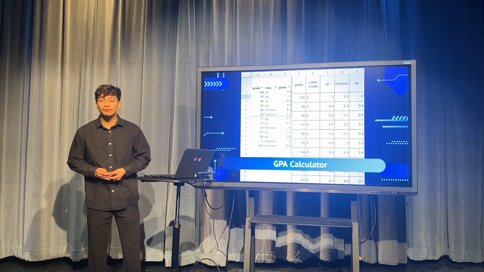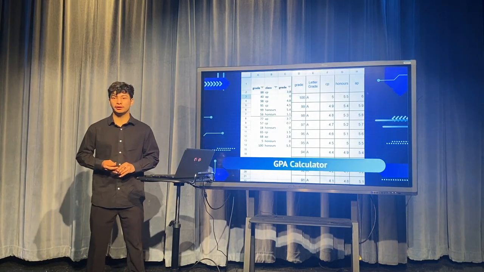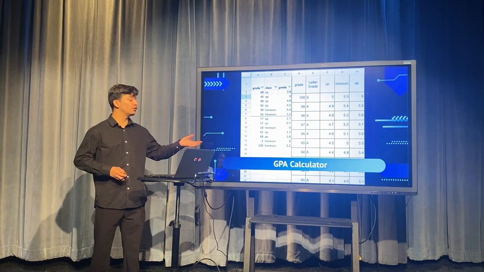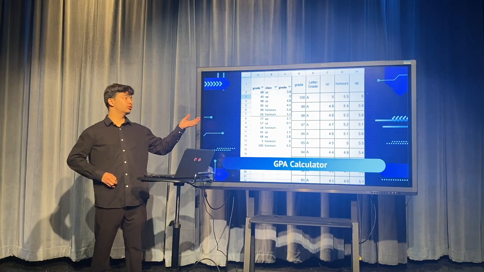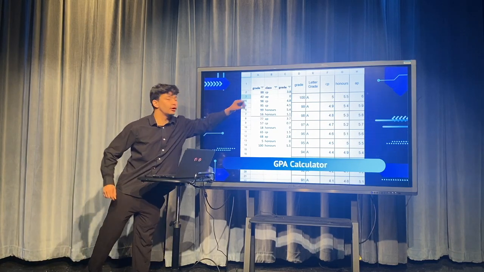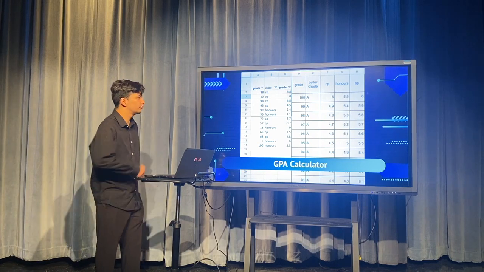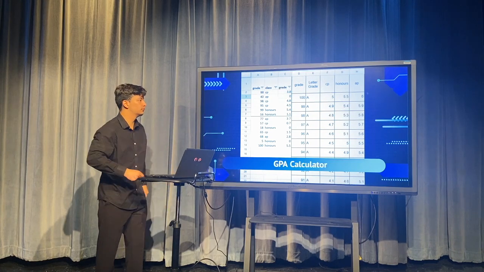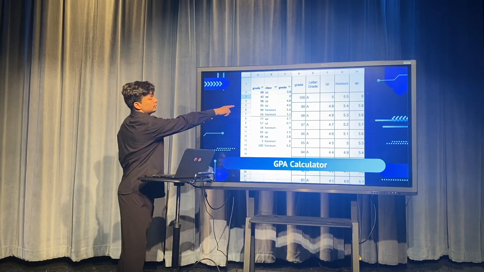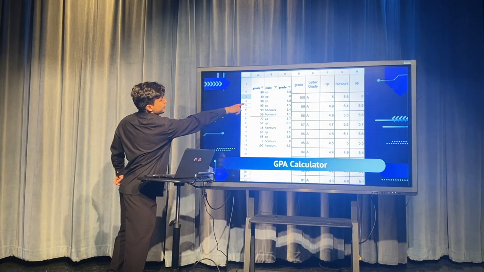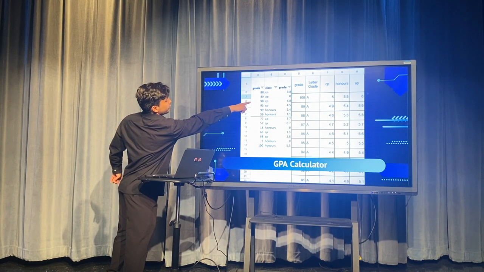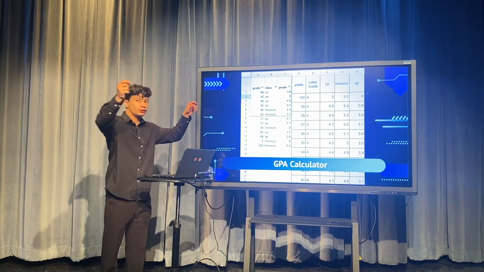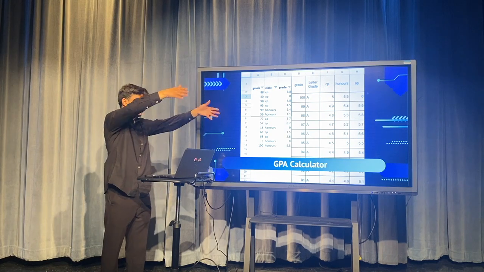The first project I've ever done in this course was a GPA calculator. The GPA calculator was a very simple Excel spreadsheet that used the VLOOKUP function that basically just took that cell, made a calculation, that was it. Like you see the 95, I took that, I found 95 over there, and then I found what GPA it was, and I put it on the one to the right of that. It's basically what a VLOOKUP does.